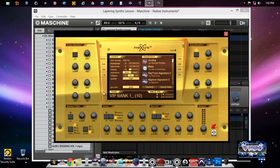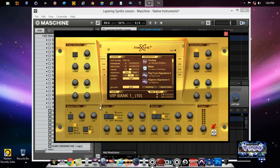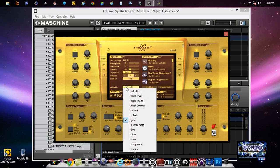So when you go to libraries, I'm doing here, you see where it says VIP SoundLab Nexus expansions, and I can scroll through the sounds as well as some of my other expansions that I do have dropped inside there. And you also have the option under here where you can change the skins. Like my expansion kit includes all the skins as well. You know, if you want to use Kill Bill,